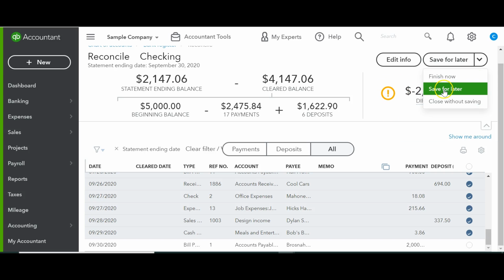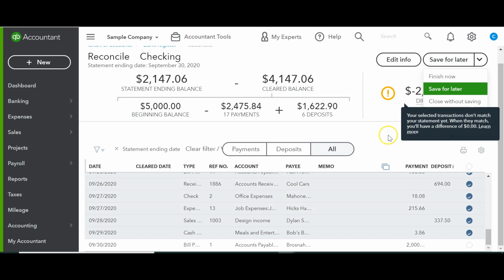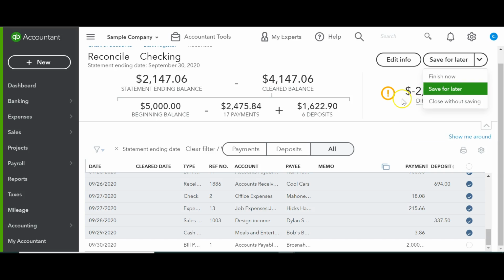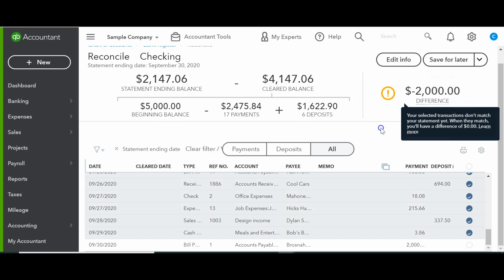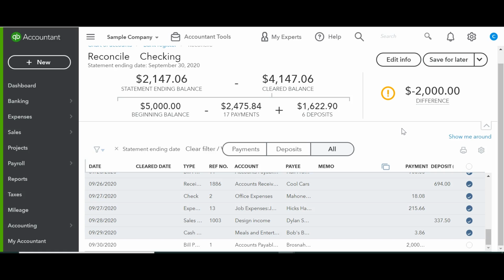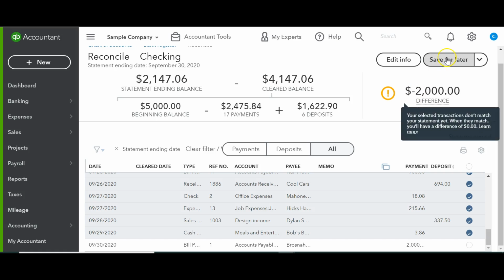So you can click save for later if you need to go back and look in to see what's going on. If you were to click this Finish Now button, it would force you to come up with a difference for what made up this difference. So if there was a bank error and that sort of thing, we try very hard not to use that in any transactions that are put in